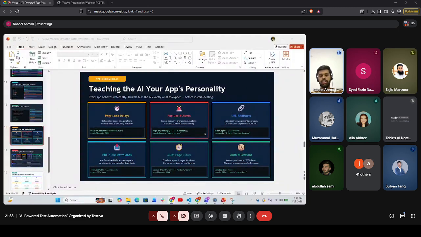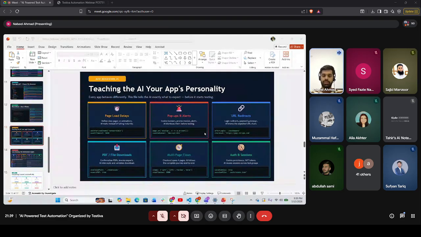It follows multi-page structures. It has authentication or MFA, multi-factor authentication, and OTP verifications. If we are working on complex projects that have these things inside, we have to train our AI agents by adding one file, the app behavior file.